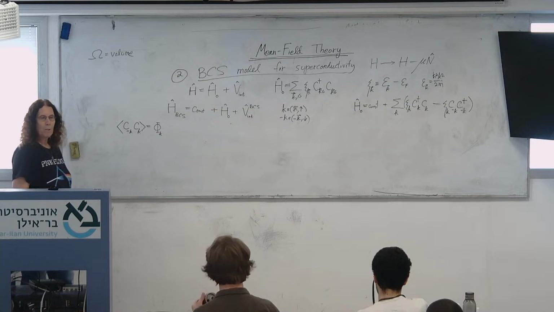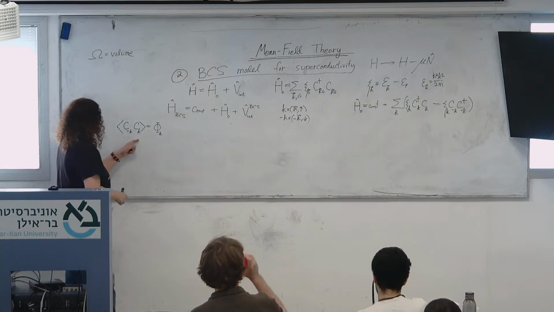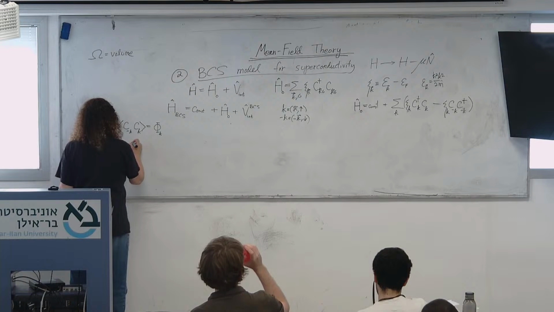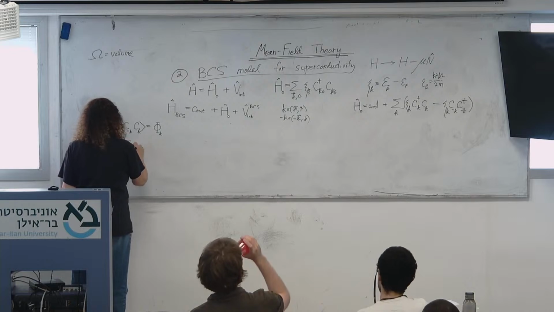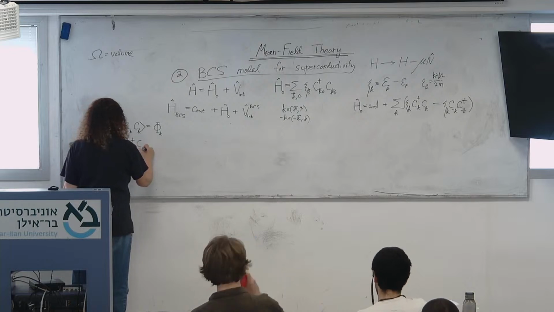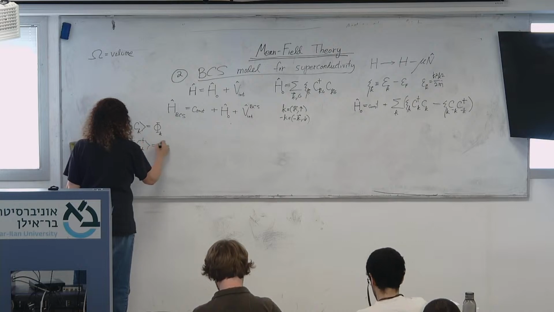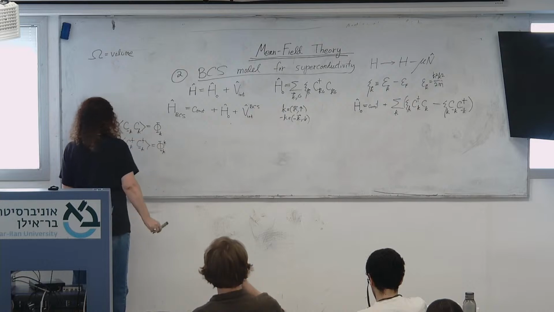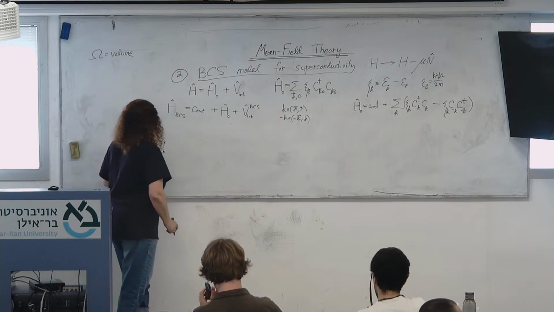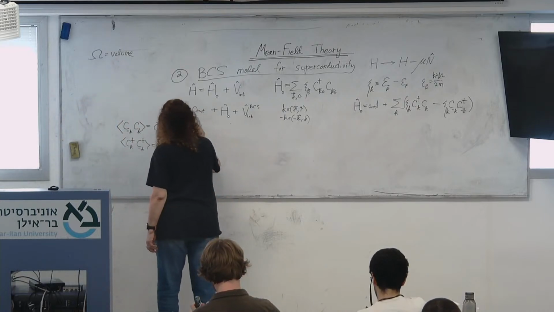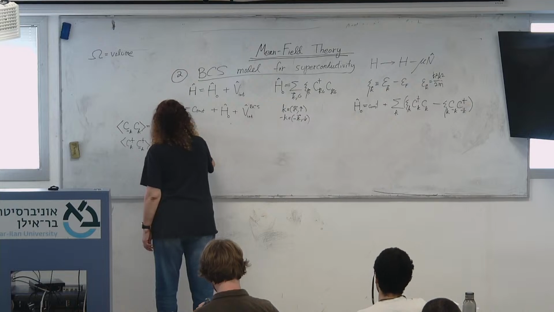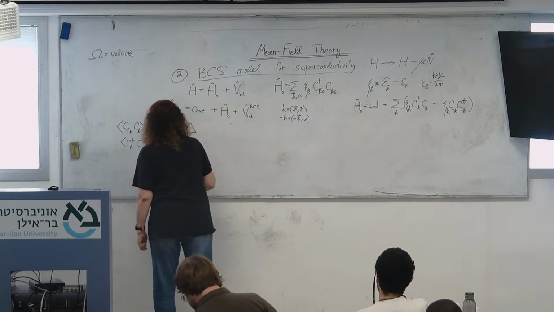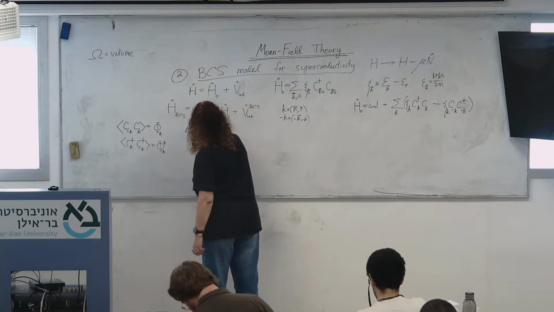All right? And the expectation value of C k dagger, C minus k dagger is phi star. Okay, and now I define something that I call delta to be